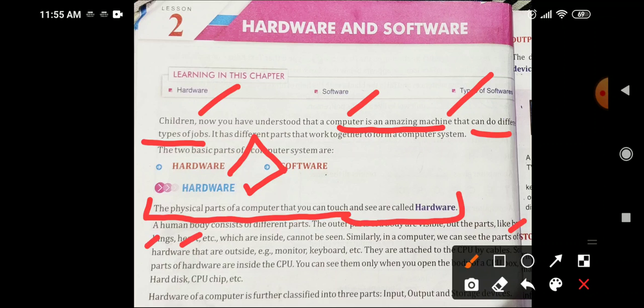Same way, monitor, keyboard we can touch, but the software part, the operating system part, we can't touch. And also, for example, in a CPU, there are hard disk and CPU chips inside the CPU. But how can we touch it if we open the CPU?